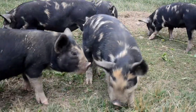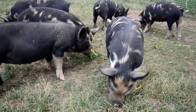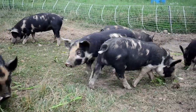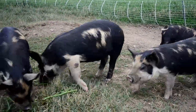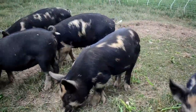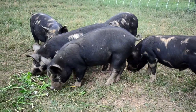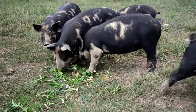A lot of times when you're just weaning and you're comparing, sometimes you'll have a piglet that gets a back teat, and it just doesn't grow as fast because back teats usually don't produce as much milk. Then I would give those pigs a couple extra weeks just to see if they're going to gain in size. But again, when we're looking through this litter, I'm not necessarily going to show you, I already told you,